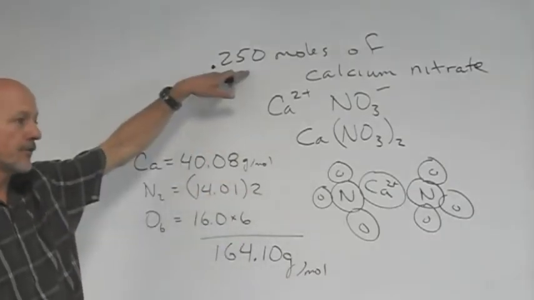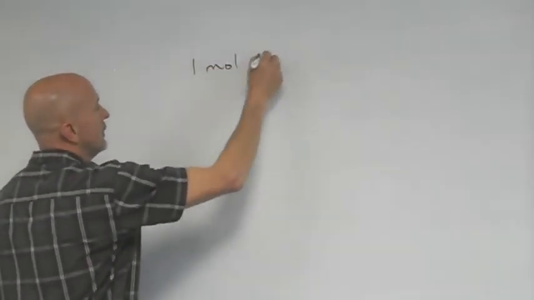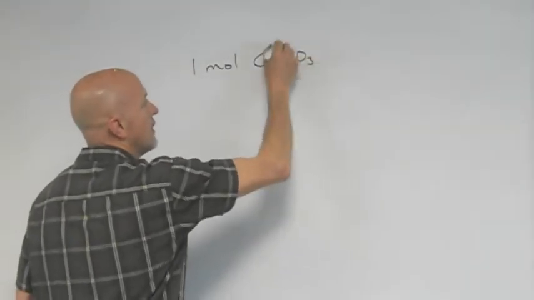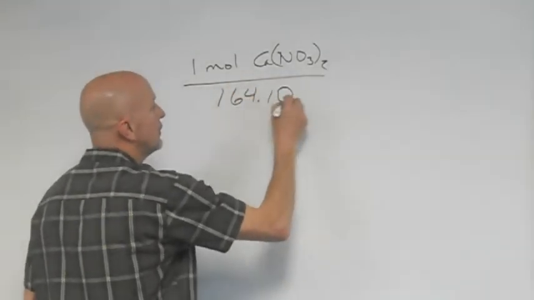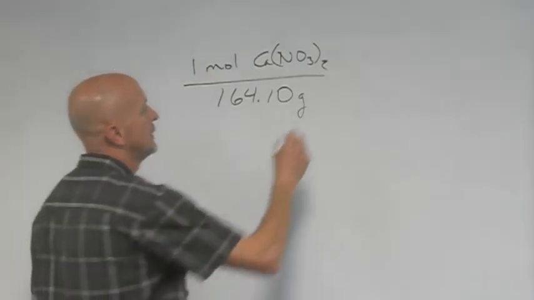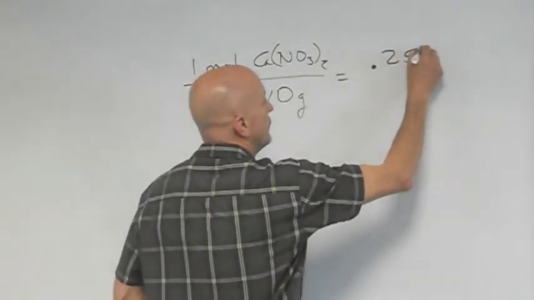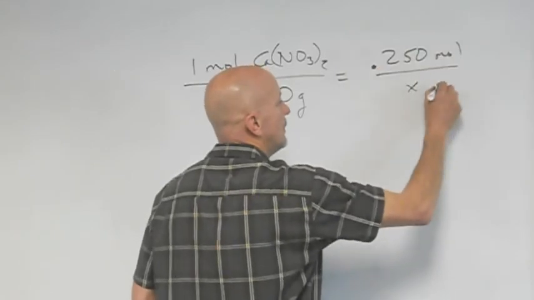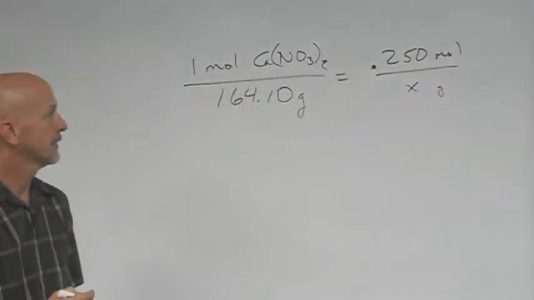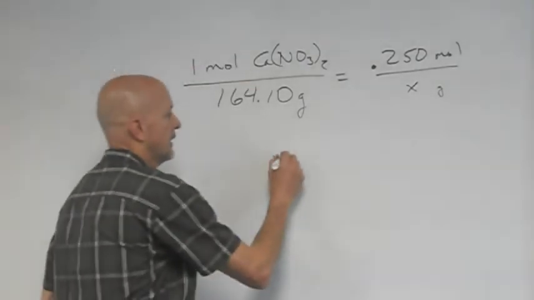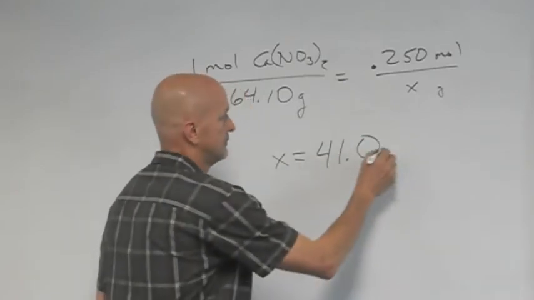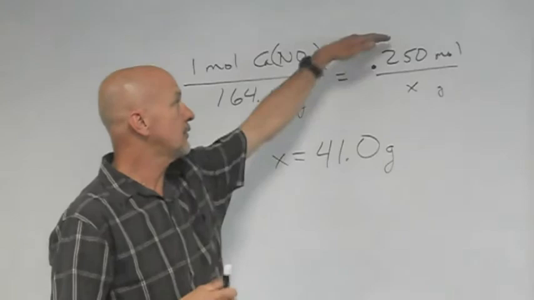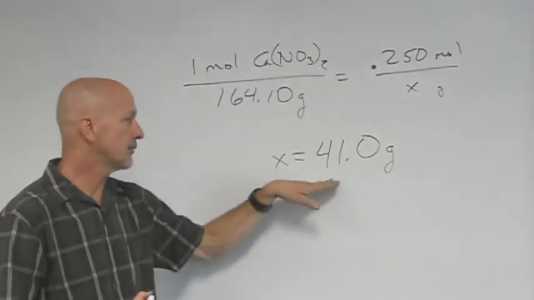I've got 0.250 moles. Let's see how much I need to weigh out. So 1 mole of calcium nitrate has a mass of 164.10 grams. If I have 0.250 mole, I'm going to have X grams. Cross multiply, divide, I get X equals 41.0. So if I want 0.250 moles of calcium nitrate, I would need to go to my scale and weigh out